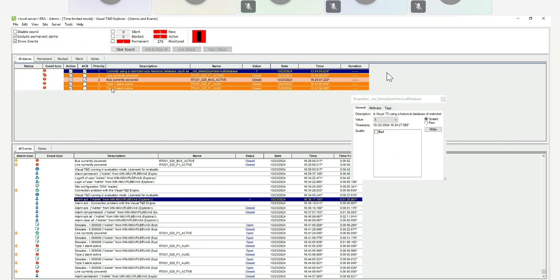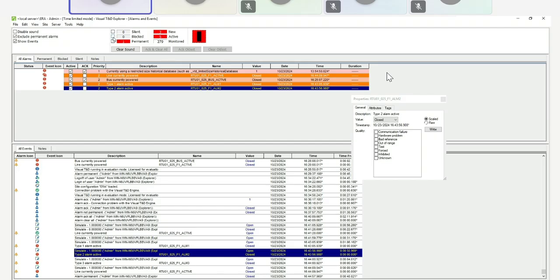Wait. Type 2 tag as black alarm. And alarm 1 as silent alarm. Wait. Silent.